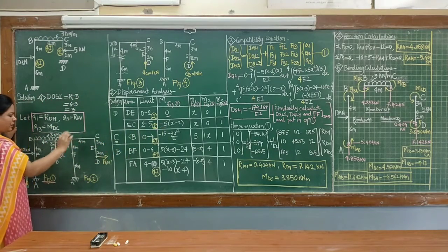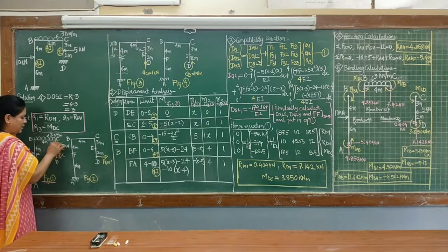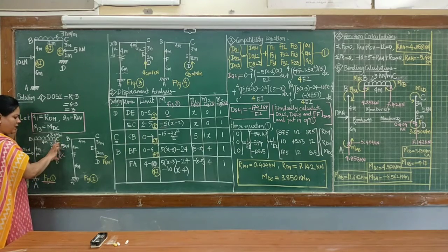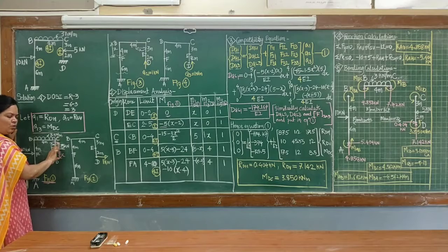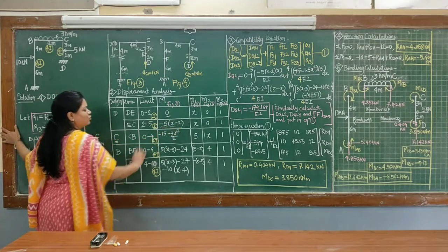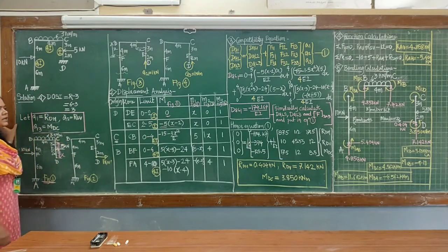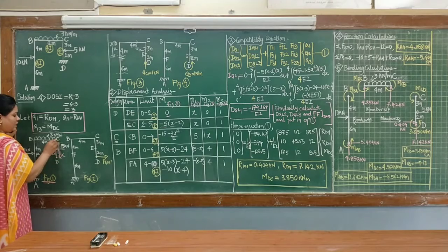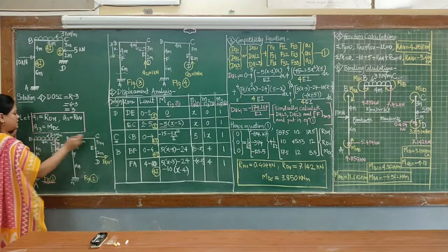for clockwise, 5 is the force and the distance is the perpendicular distance between the force and the section. Total is x, subtract 2. So x minus 2, that is the distance. So the total moment is minus 5 into (x minus 2). Now in this portion CB, C is the origin.